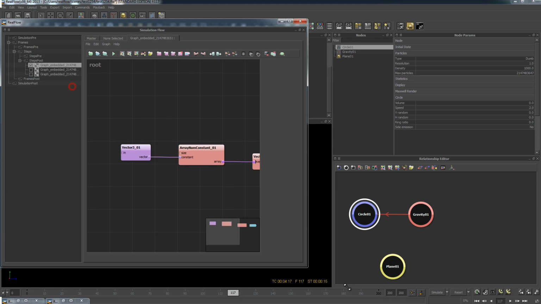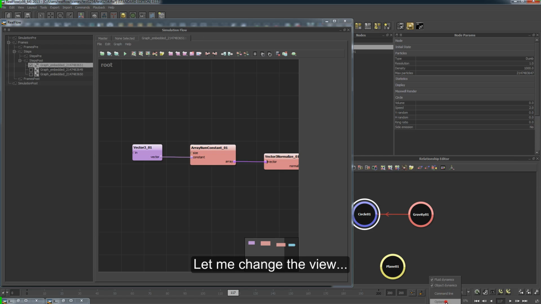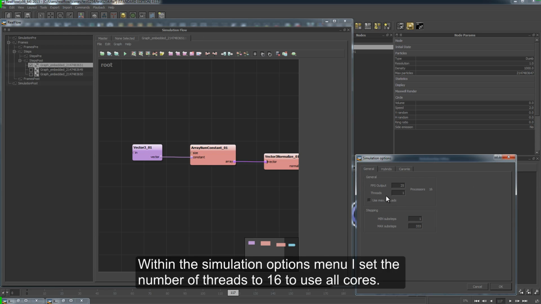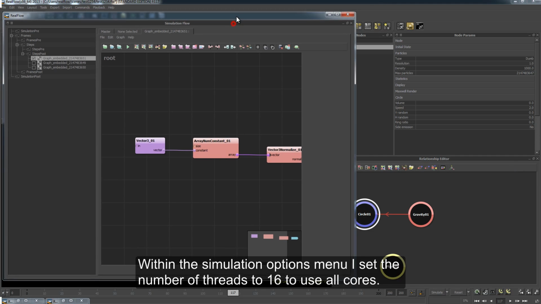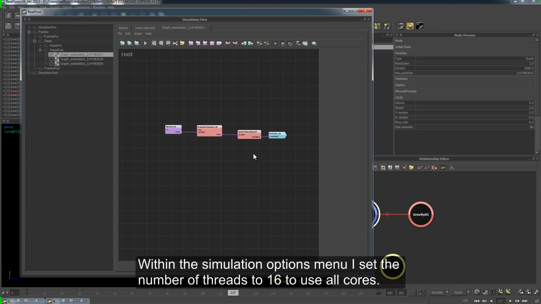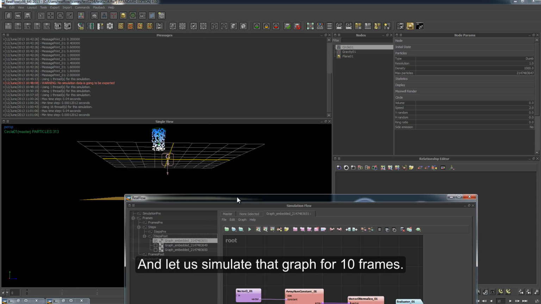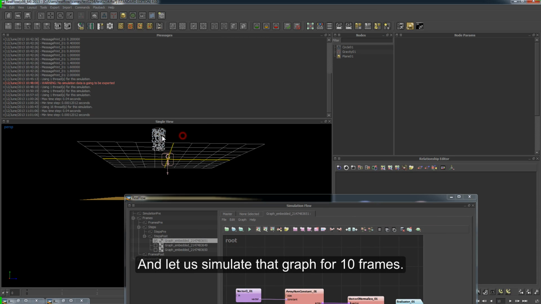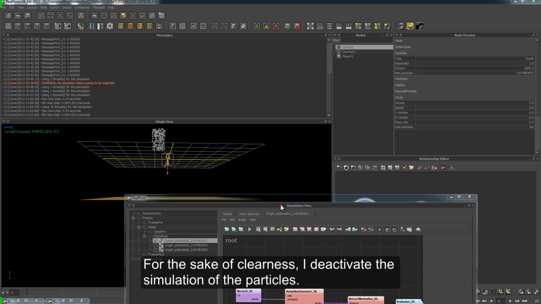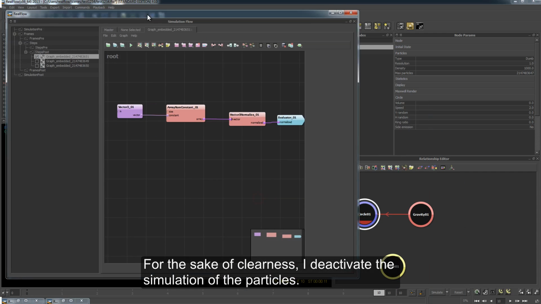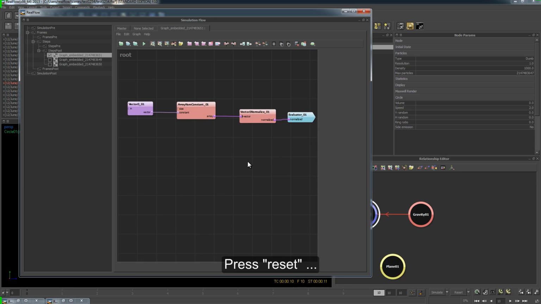So let me change the view. I go into the simulation options. Oh, I just see I did the whole tutorial with one thread. So I use max threads. Now 16 curves are evaluated. Let's say we execute this simple normalization graph of a big amount of numbers or vectors for 10 frames. Maybe it would be beneficial if we deactivate the simulation of the particle system to get the full performance for this simple normalization graph. All right, so I press reset, press simulate,